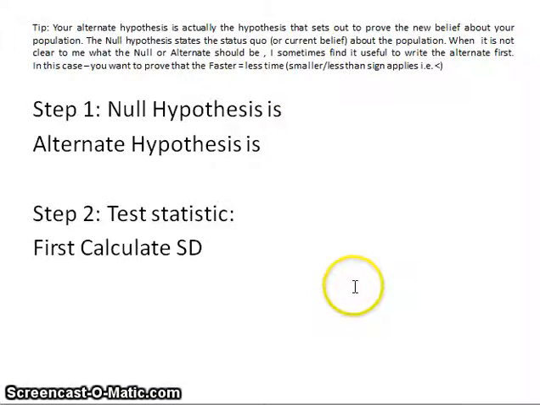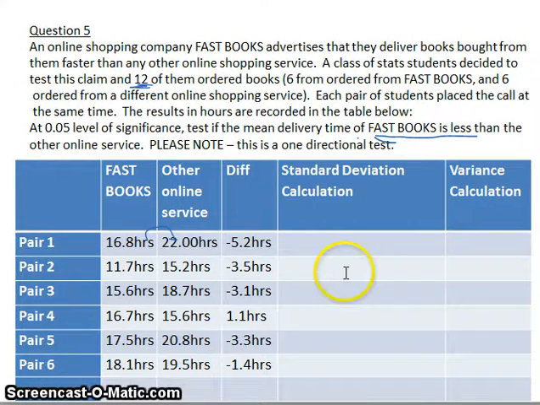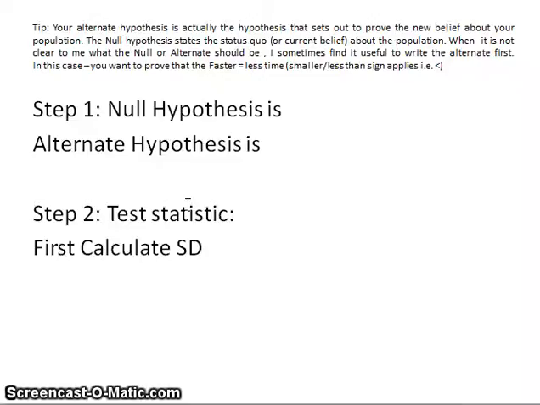And so, remembering that this is a paired T-test, we're setting out to prove that there's a difference. So, is the difference 0 or not 0? And therefore, in the case of a one-directional test, I'll start with the alternate hypothesis as I've explained, the mean difference between the two,